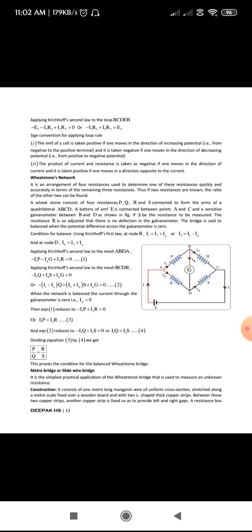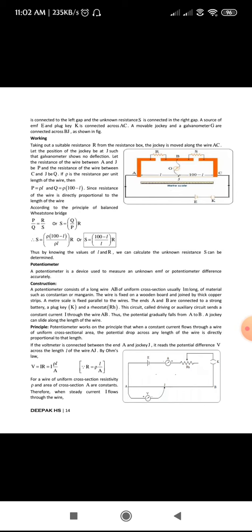The application of this meter bridge is that it is used to find the resistance of an unknown resistor. And this meter bridge works on the principle of the Wheatstone network. As you know, the experimental setup consists of two L-shaped metal strips, and you have one more metal strip which is used to produce the left gap and right gap. In the left gap, you connect a resistance box, that is R, and S is the unknown resistor which you place at the right gap.